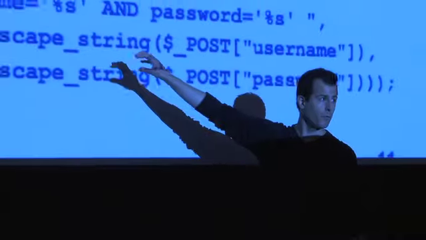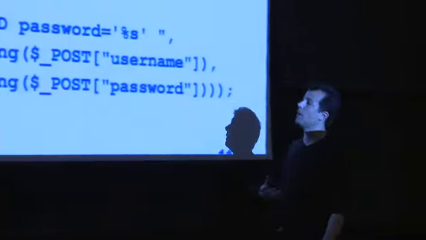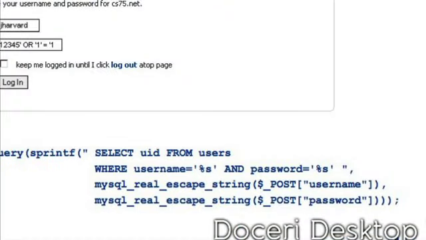The irony is that it's so simple to fix. It's annoying to type, but simple to fix. And we can take the exact same code in blue from before, and this time simply call mysql_real_escape_string on both the username field and on the password field, so that now I have the ability to specify that these things should be escaped in advance, specifically by calling this function here and this function here.